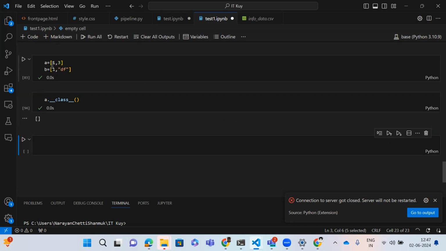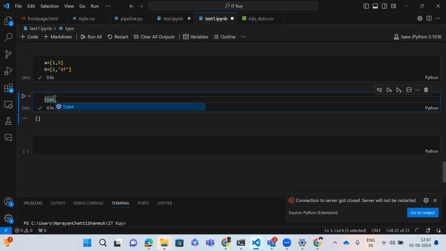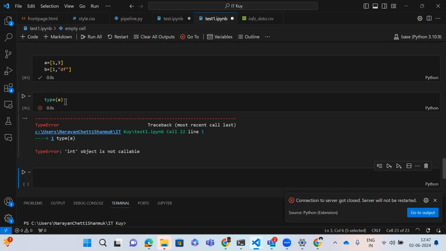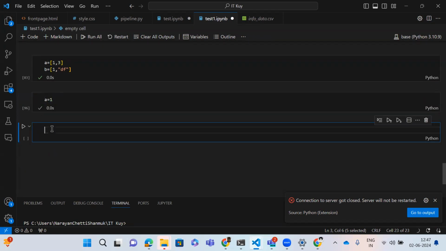I don't know why. Type of should be written like this only. We have to mention it like this only. Then if you want to check the type,